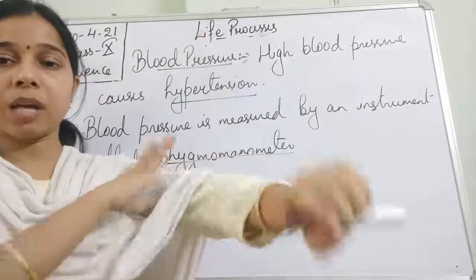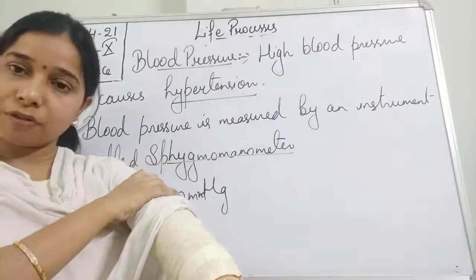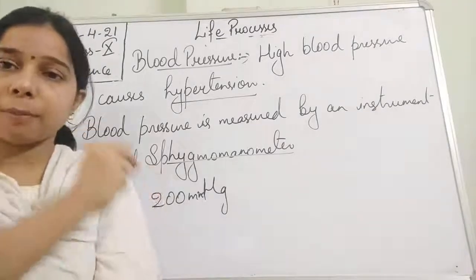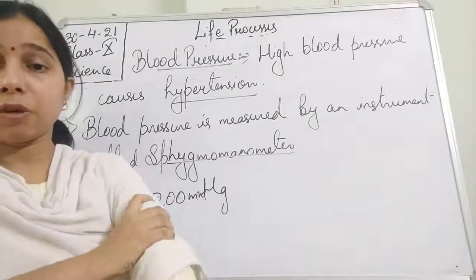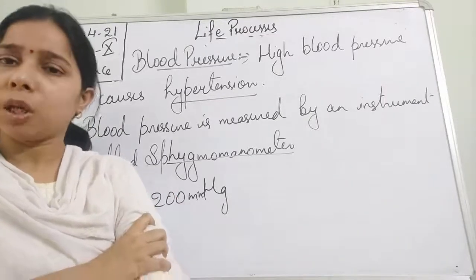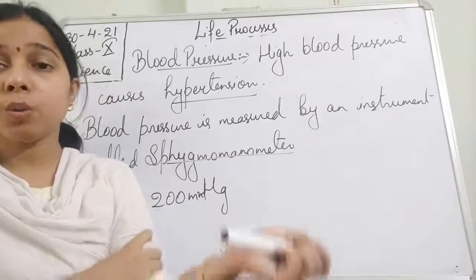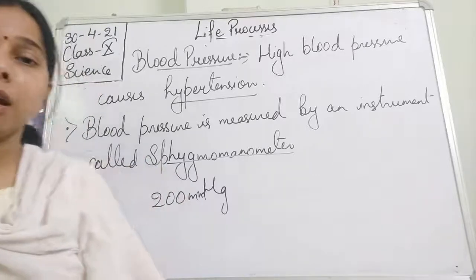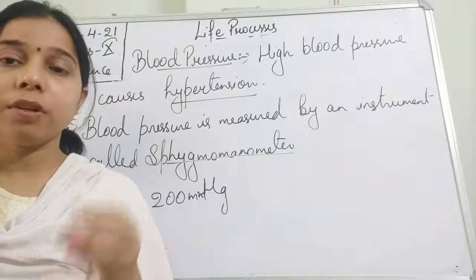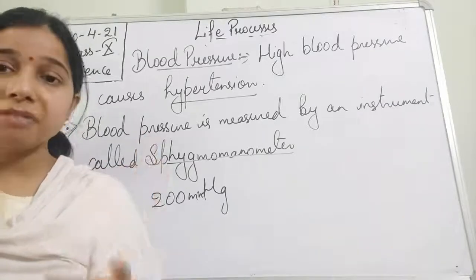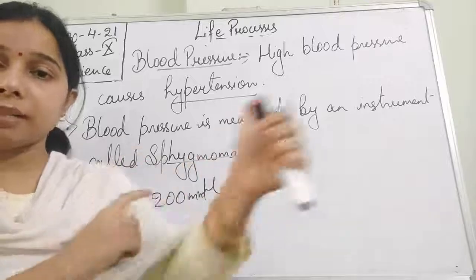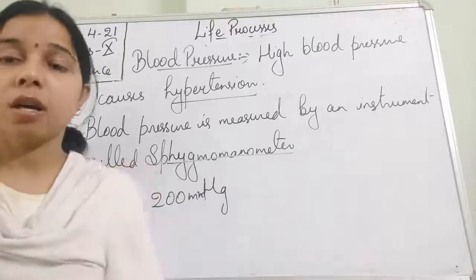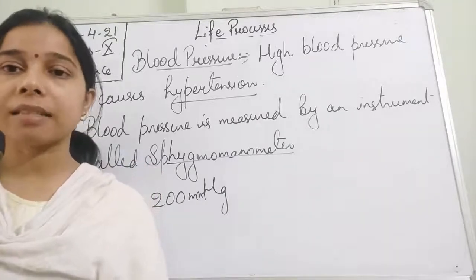Okay, so suppose we have used the rubber cuff on this arm. With the help of the sphygmomanometer, we increase the pressure. Then the grip of the rubber cuff also increases. It is held very tightly on the arm, due to which the blood will not flow through the arm. The blood will stop moving. Now they will release it. They will loosen the rubber cuff, and the blood starts flowing from this arm to the lower portion of the arm, students. At that time, it is coming with the maximum pressure.